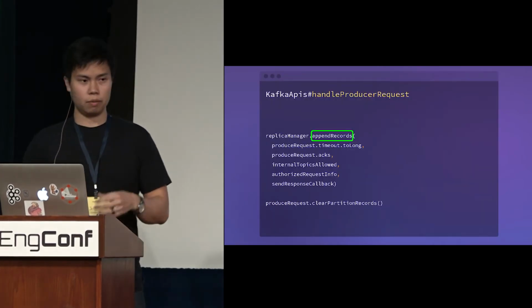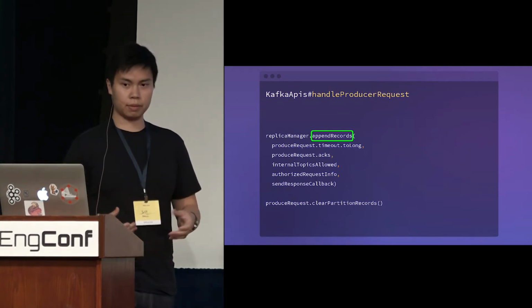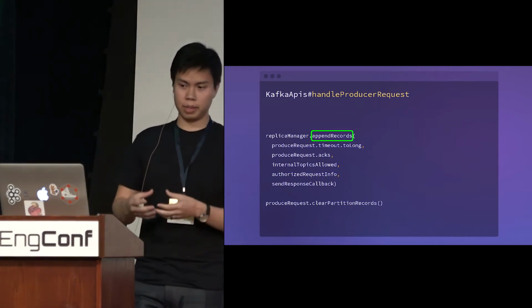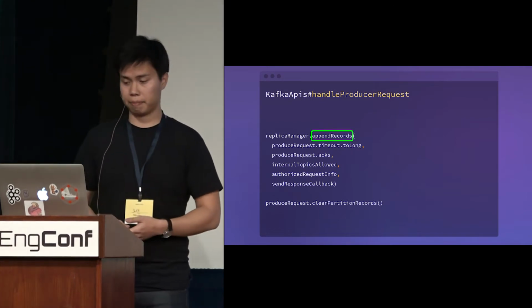So, if we start at the entry point in Kafka APIs, when a broker receives a request, it'll take that request, extract the message from it, and write that message to the underlying log on disk.